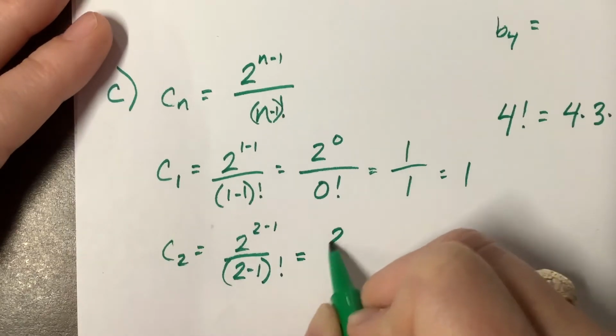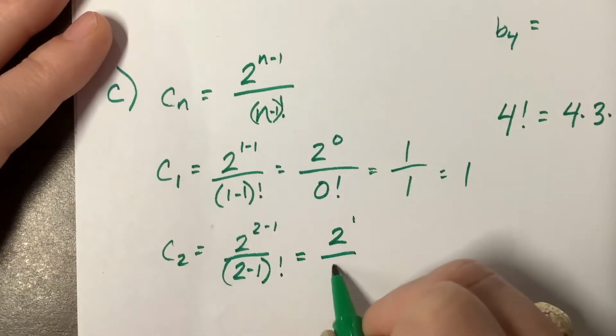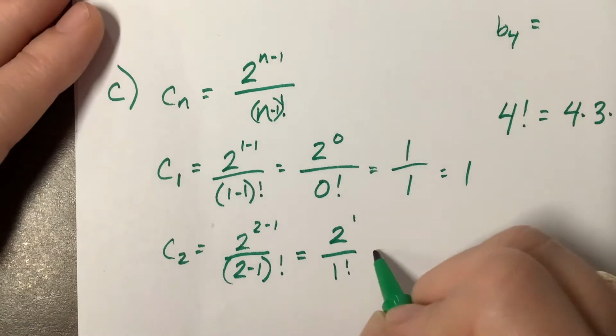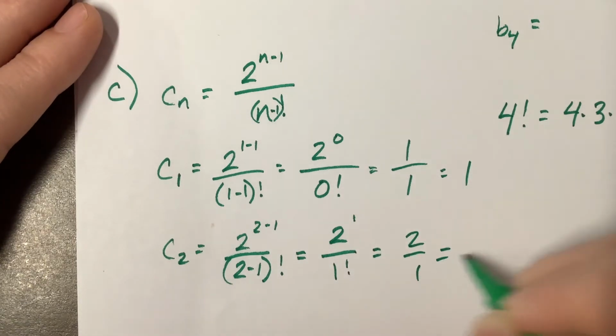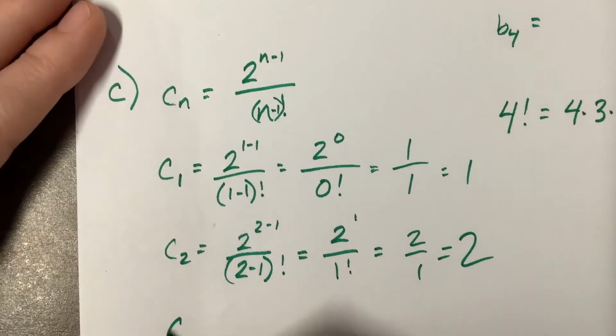So this is 2 to the first power over 1 factorial. Well, 1 factorial is just 1, 2 to the first is just 2, so 2 over 1 is equal to 2. The third term